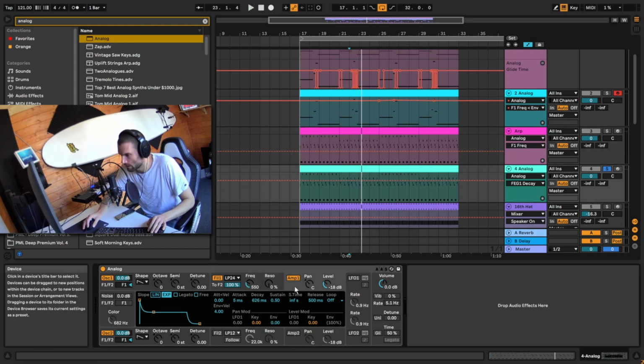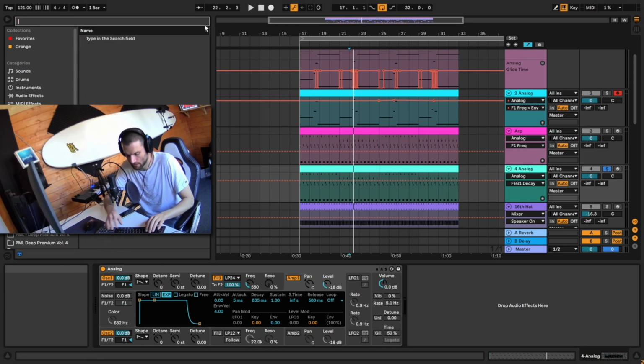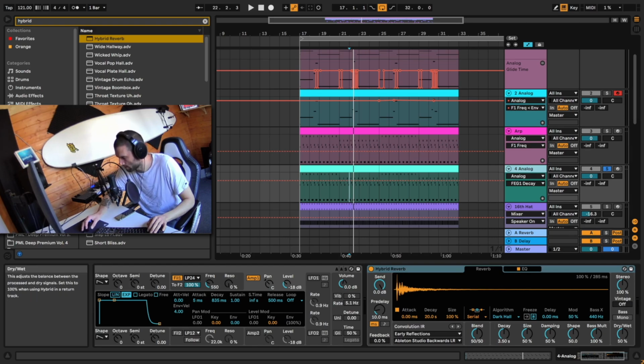And then we're going to go here into the amp envelope and we're just going to bring it up so it's a fully sustained sound. A little bit of processing. We're just going to add the hybrid reverb here. So search hybrid. And we're going to bring the dry wet down to